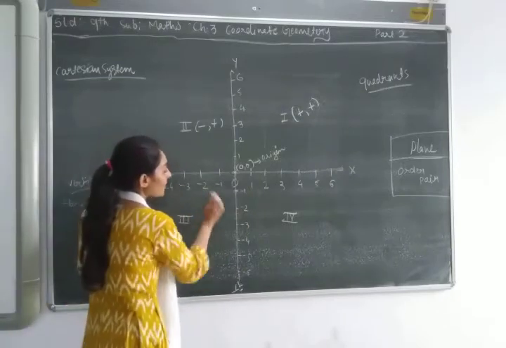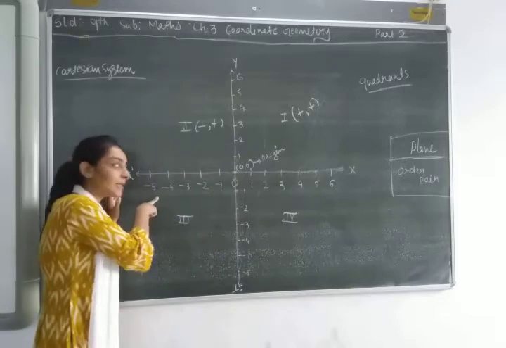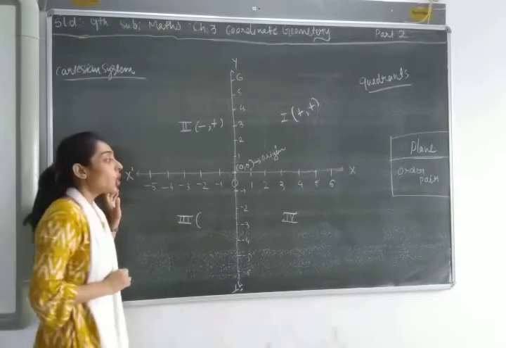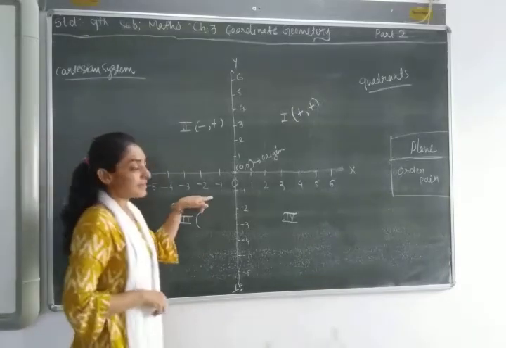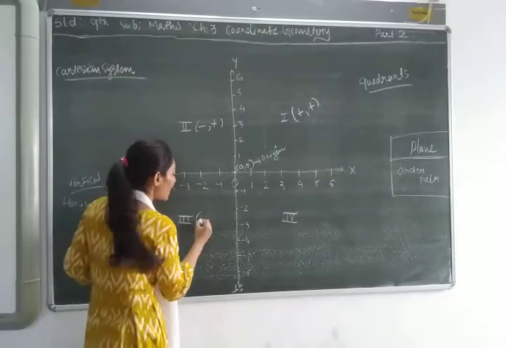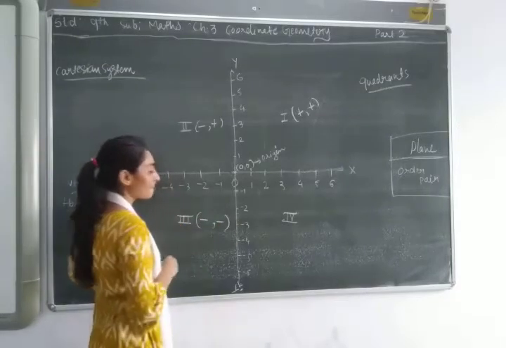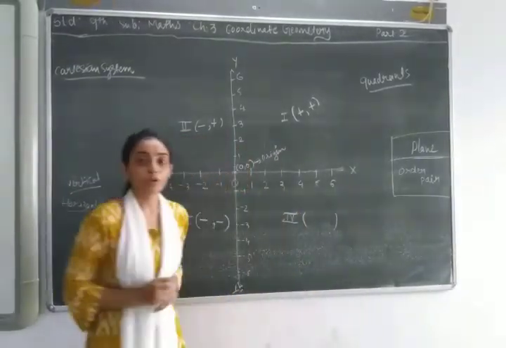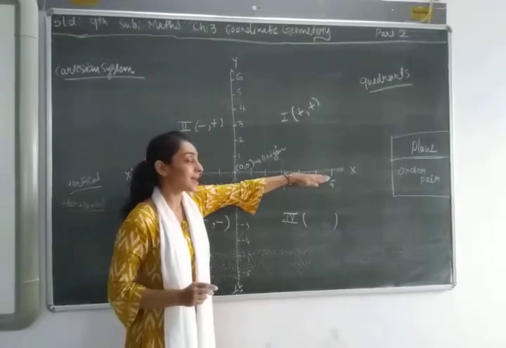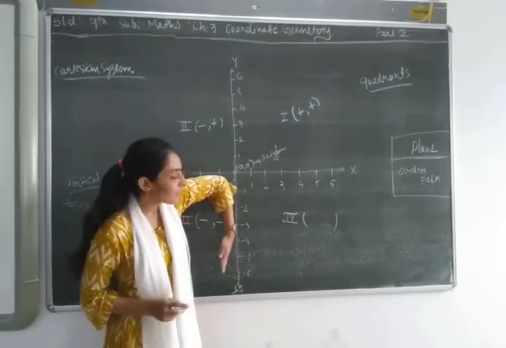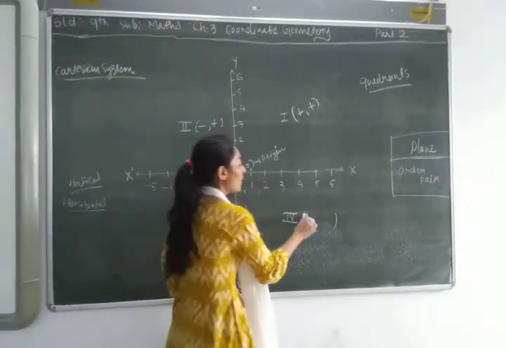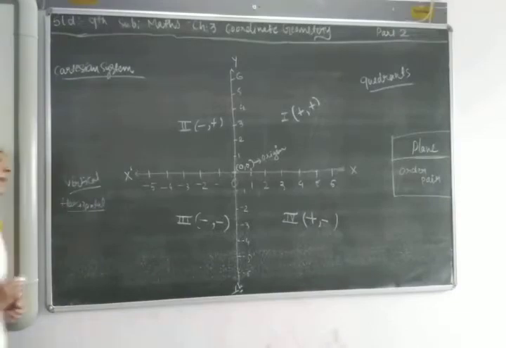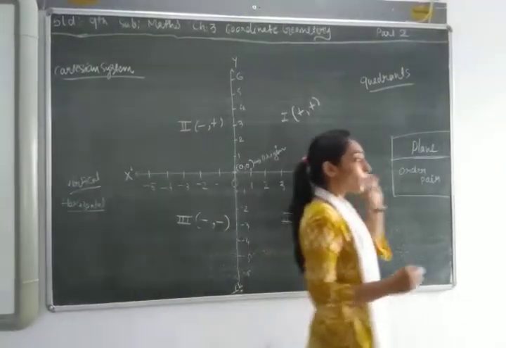So, what about the x-axis? X-axis is negative and y-axis is negative. It means even in the third quadrant, all the x-axis points and the y-axis points are negative. Okay. Now, in the fourth quadrant, my x-axis points are positive, but my y-axis points are negative. So, positive, negative. Okay. So, from this, we can conclude that in each quadrant,